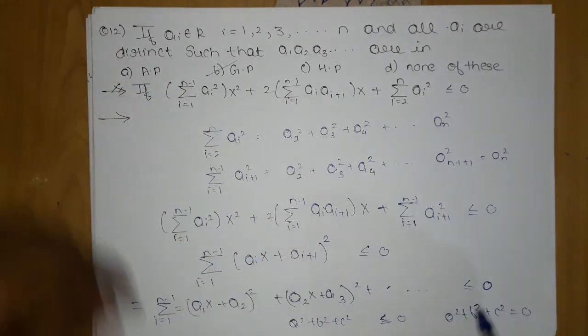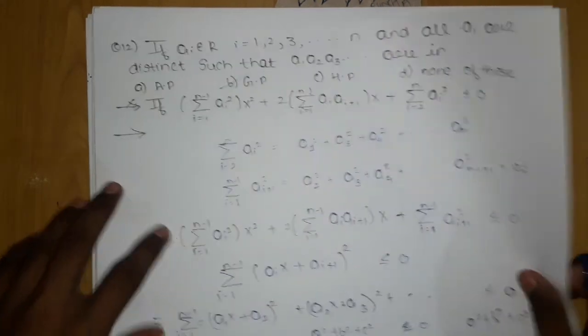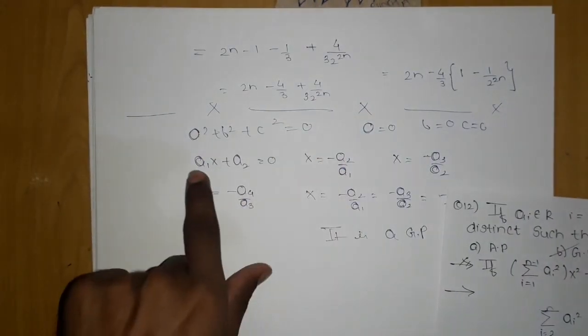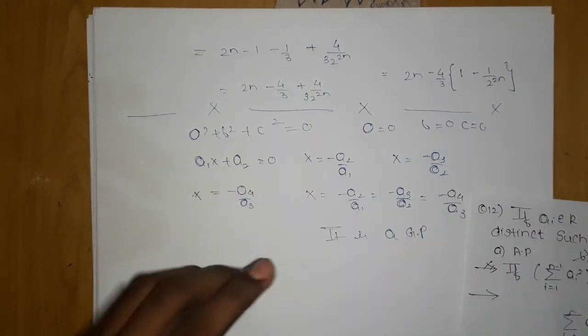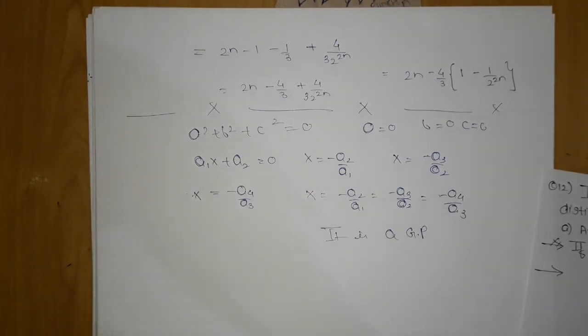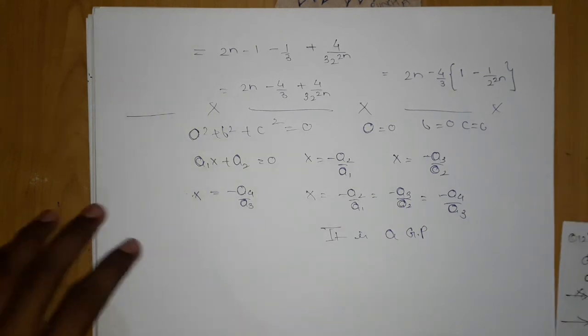Further on we got an idea that it cannot be less than 0. A square plus b square can be equal to 0, so we made each term individually 0, a1x plus a2, and they are equal to some constant ratio, which gives us the idea that it is a GP. Okay, so we are done with this problem and we are going to move on to the next problem, which